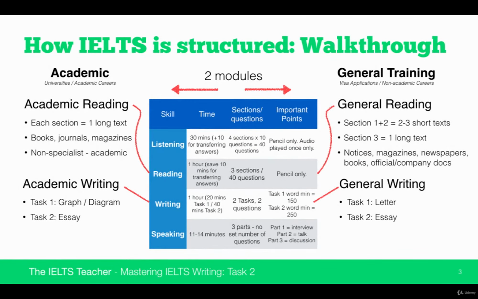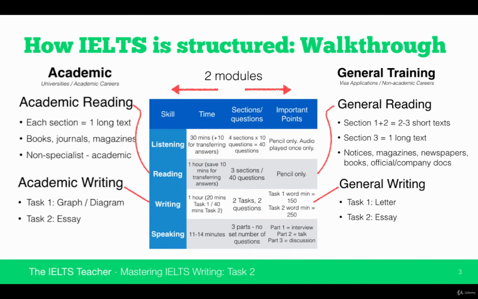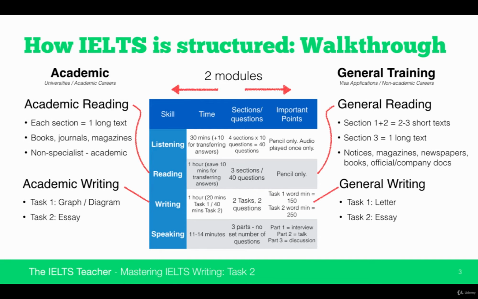But how is it structured? So here what we have is a general walkthrough. This looks a little bit intimidating, but we're going to take it a piece at a time. First of all, IELTS is separated into 2 modules. So you can either choose the academic module or the general training module. It really depends on your requirements. Often when you are applying for university, then you need to be doing the academic module. While if you are applying for visas for English-speaking countries, particularly with certain types of work, then you'll probably need